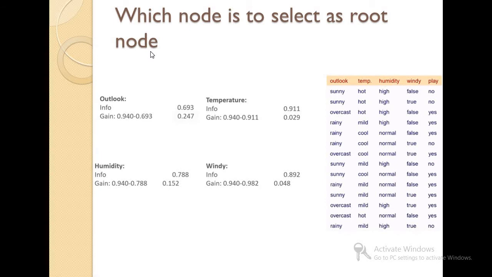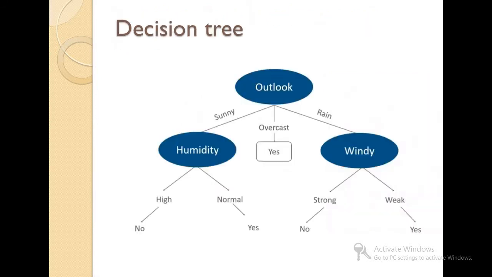It means the entropy minus the weighted average. So which node do we need to select for the root node? We need to calculate the same data for outlook, temperature, humidity and windy, the information gain for all these four. Whichever has the maximum information gain, we take that data for the node. Okay, so this is a simple decision tree we make by using the entropy and the table.